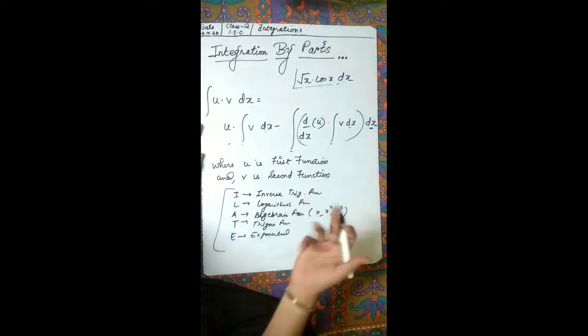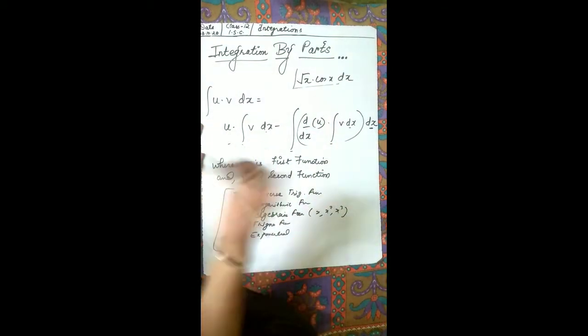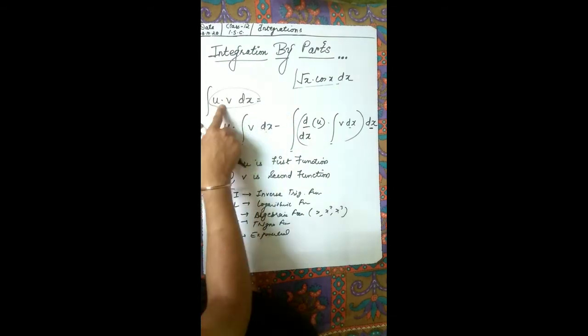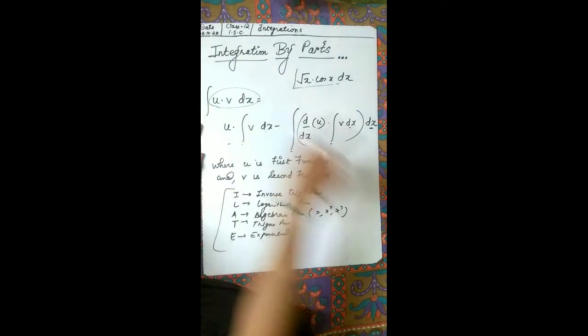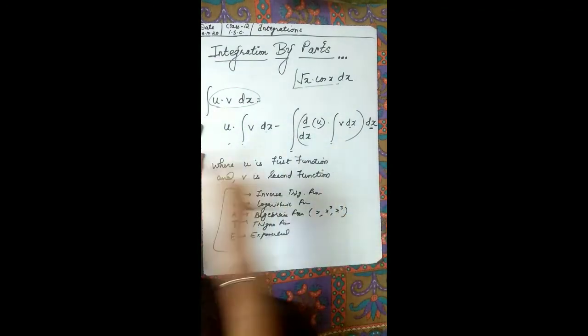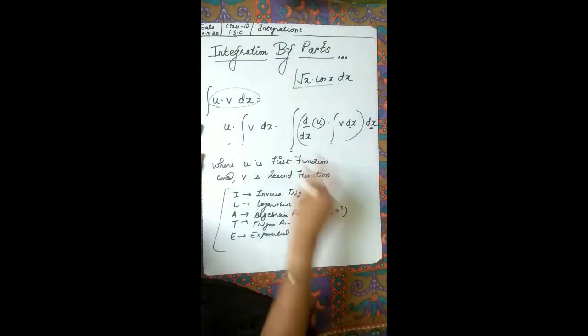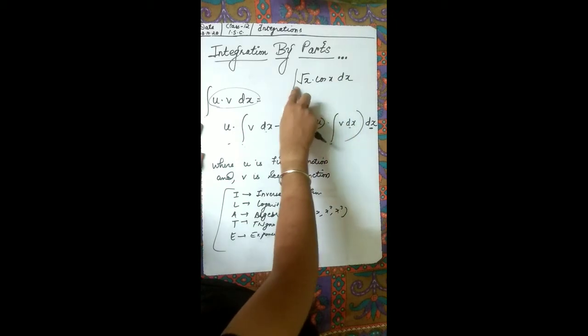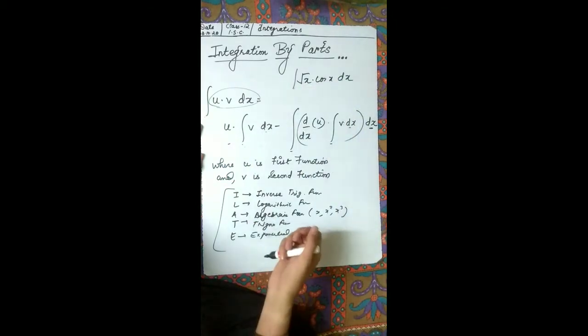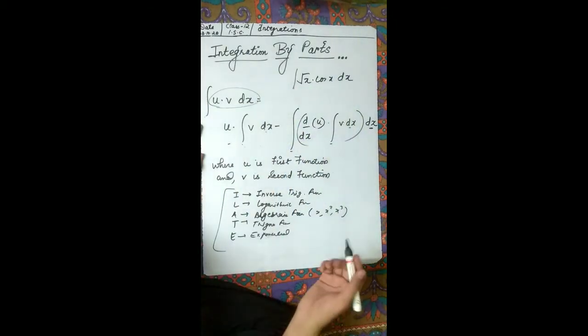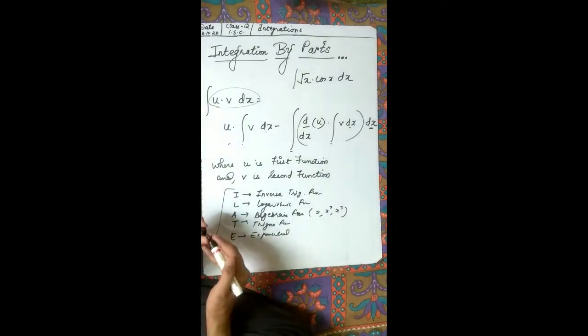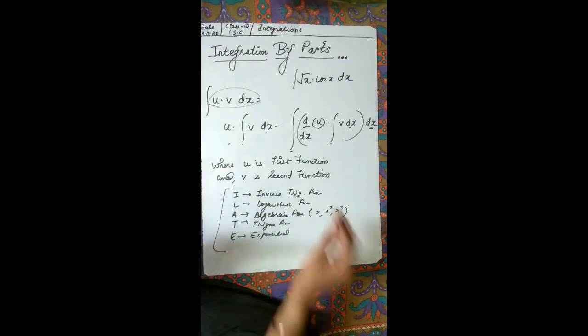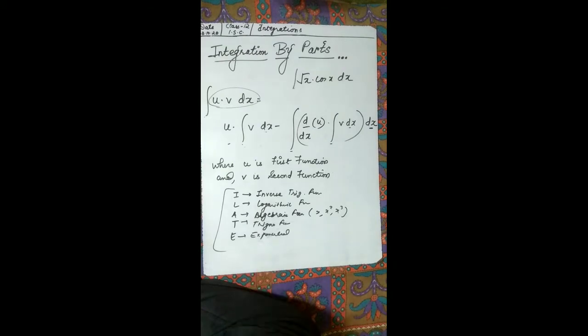Why do we integrate? If something is already a derivative of something, and we integrate it, we come back to our function, so we will not get this as a derivative. That is why we cannot integrate it. So you have to remember these things that I said, and let us come to the examples and questions.